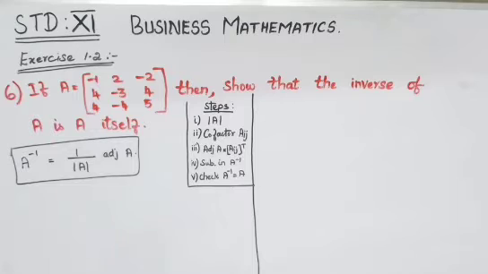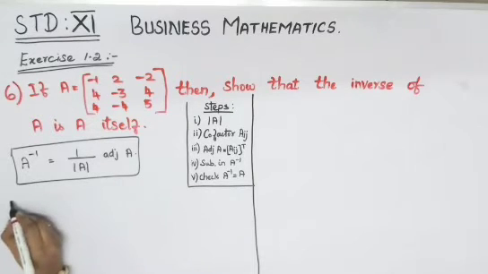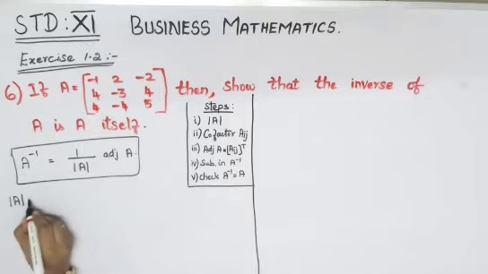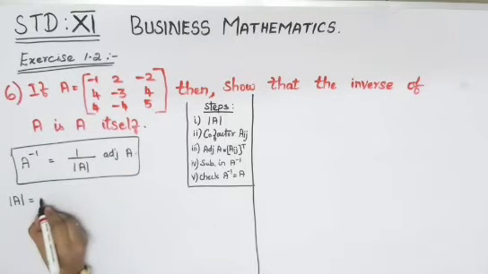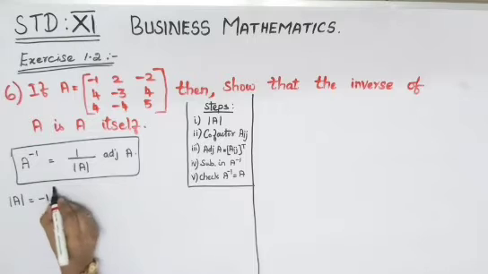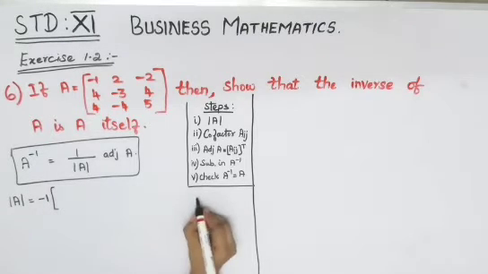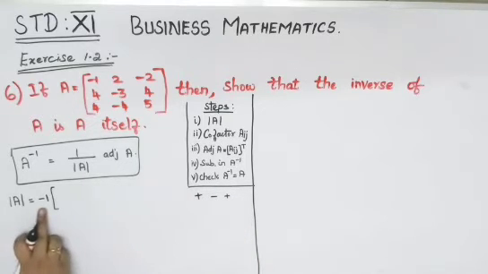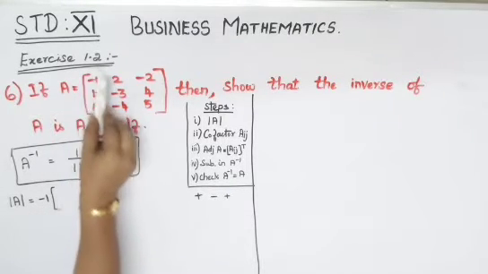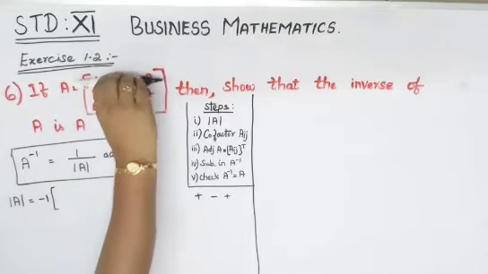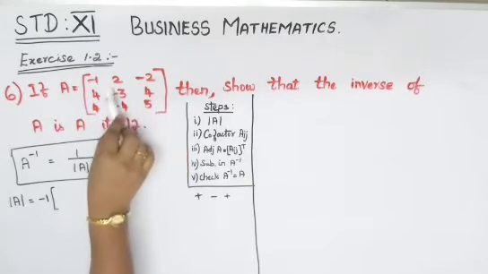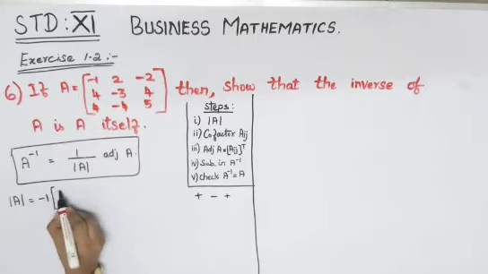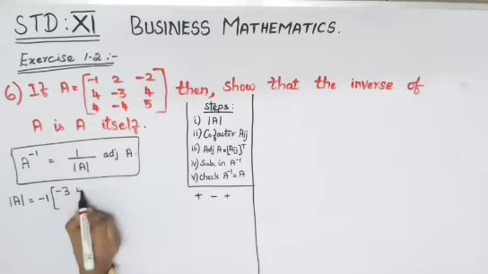So we'll start with the first step, the determinant of A. Determinant of A is equal to: check your first term, it is minus 1. Then write the minor of minus 1. You have the format plus, minus and plus, so you write minus 1. For the minor of minus 1, cross out the row and the column where that number is. The left out numbers are minus 3, 4, minus 4, 5.